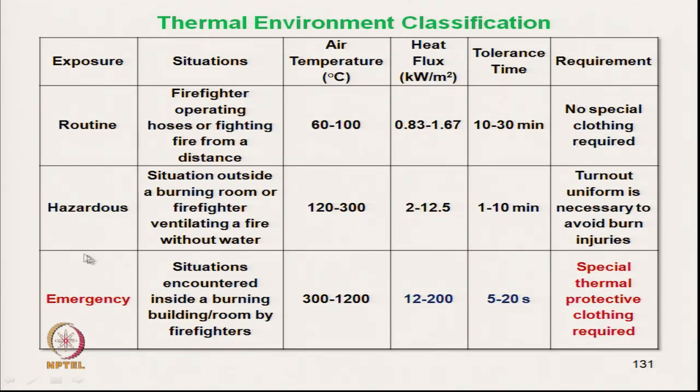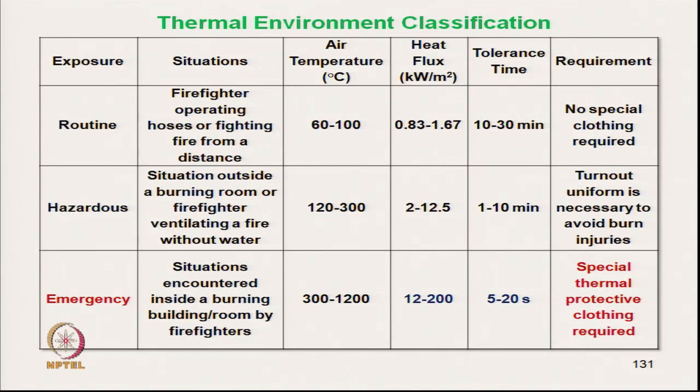But relatively hazardous exposure is the situation outside a burning room, which is not inside the room, or firefighter ventilation, ventilating a fire without water.